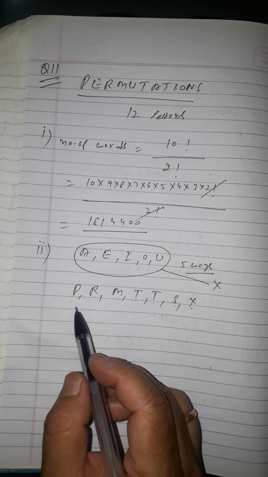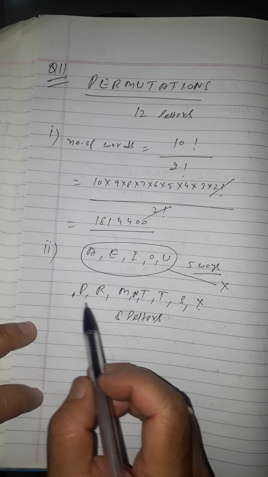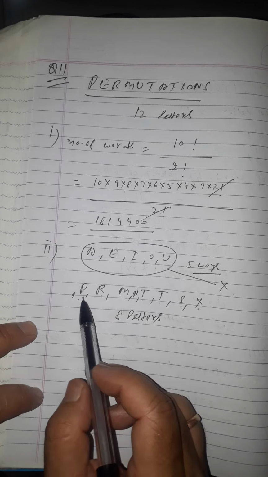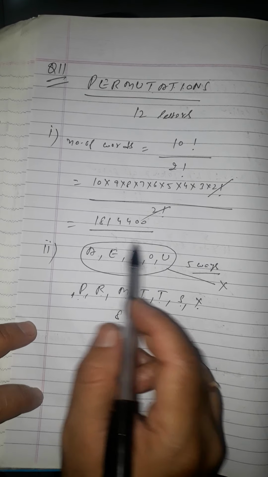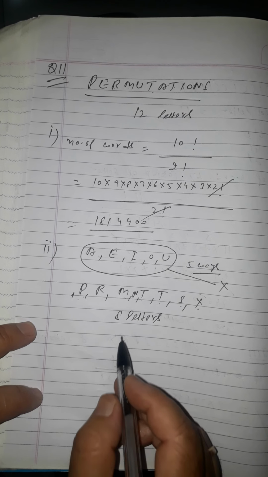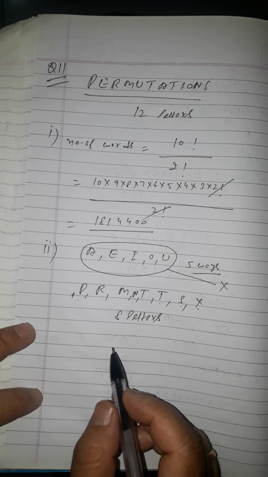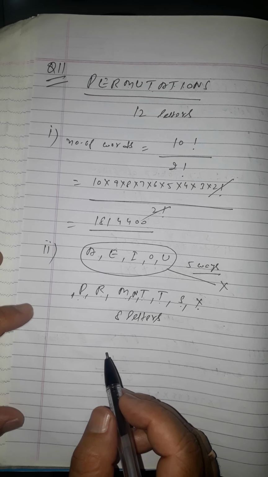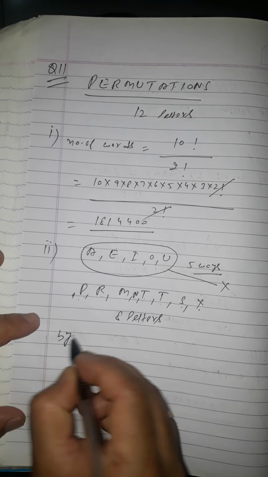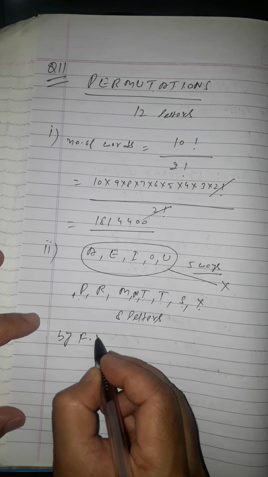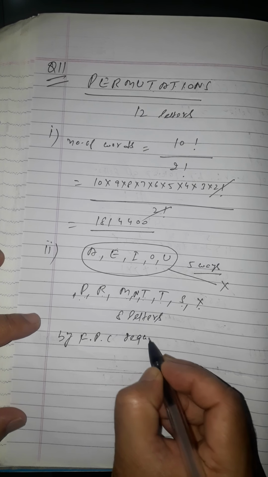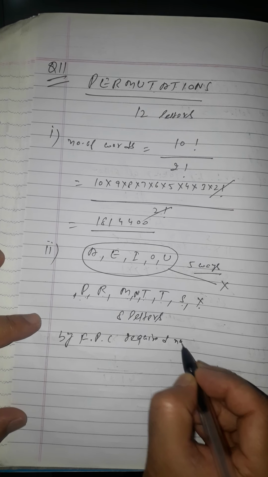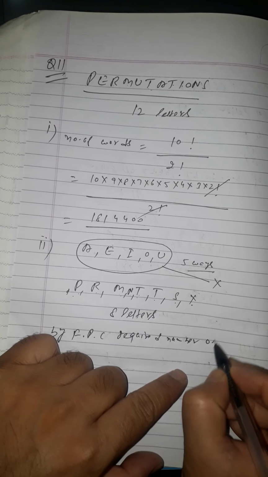There are the total number of letters that we are having now. Now students, the letters we have are P, R, M and double T and S. X we will have this letter, that is one of the vowel groups now. So there are 8 letters, right? So how can we write now? By using the fundamental principle of counting, the required number of words.